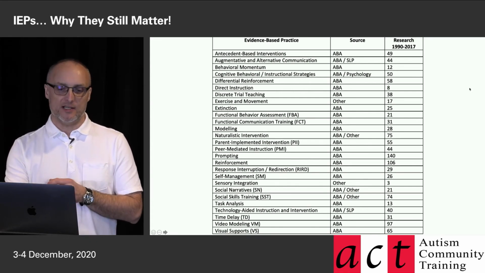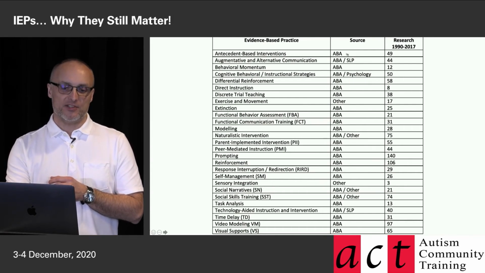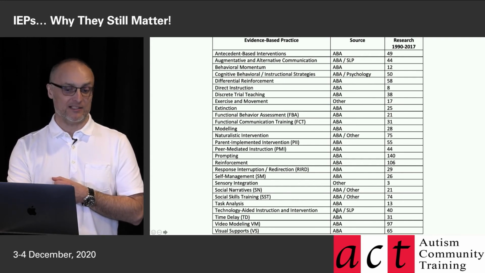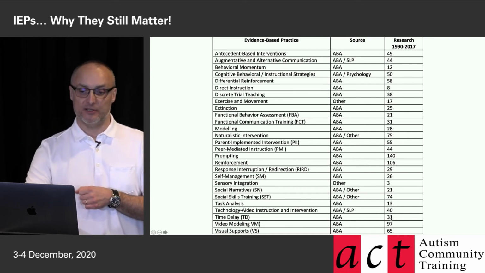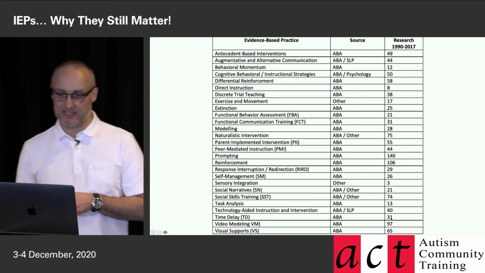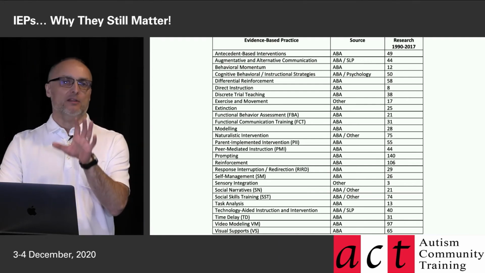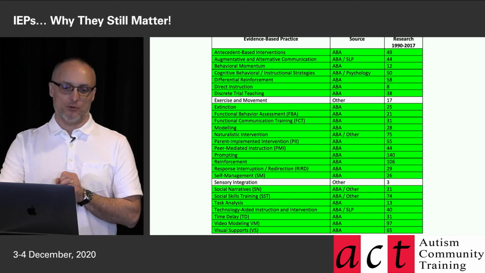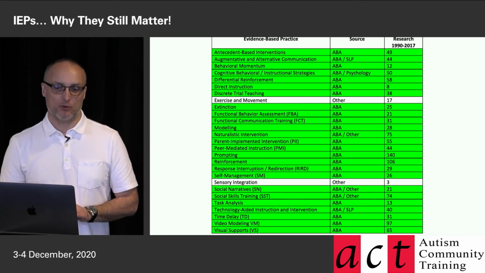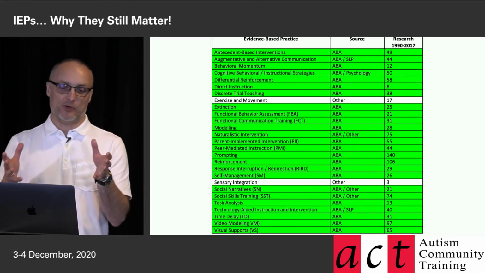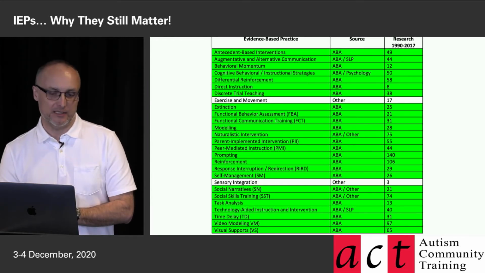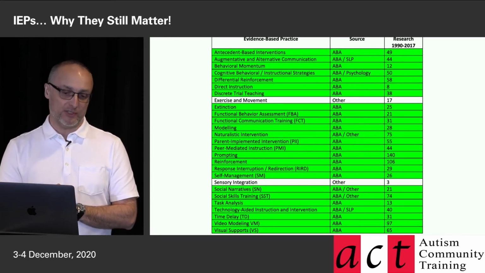And so the way I've organized this is, here's the list of interventions that is alphabetic. Here's the source, or the professional domain from which the research and practice tends to occur. I see a lot of it is behavior analytic, and the number of studies that they've looked at or considered from 1990 up until 2017. And just to make the point visually, this shows in green the interventions according to the clearinghouse resource that are behavior analytic in nature. And you'll see that it's mostly green.